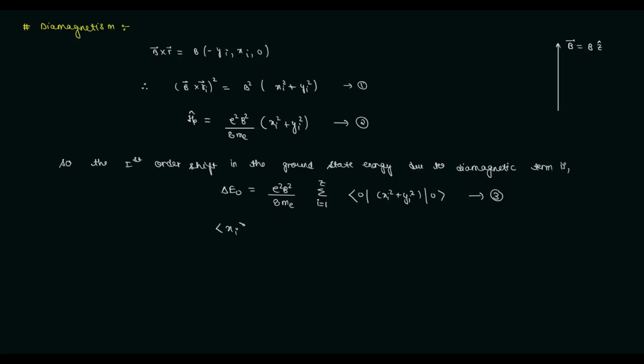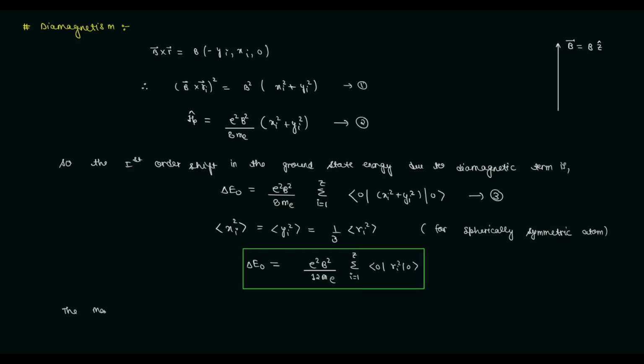Now we will assume a spherically symmetric atom for which the expectation value of x² is equal to the expectation value of y², and which is equal to 1/3 of the expectation value of r². So therefore this first order shift in the ground state can be written in terms of the expectation value of r_i² as